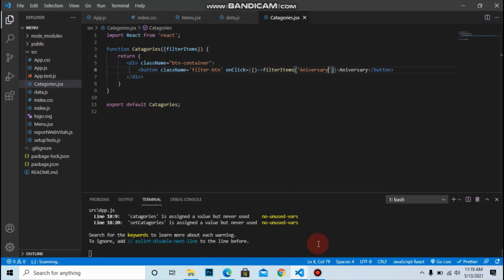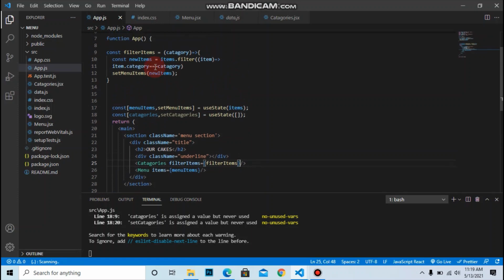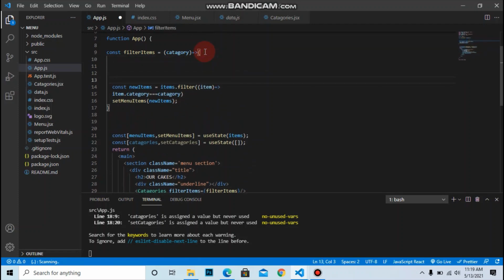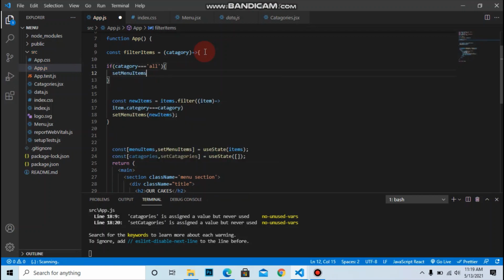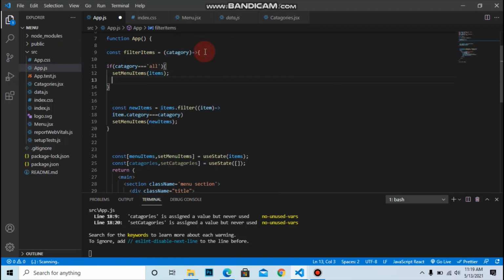So inside the app, inside the filter item function, set the function for all the categories item. Let's first check if category equals all, then it will call set menu items with items, that returns all the items.